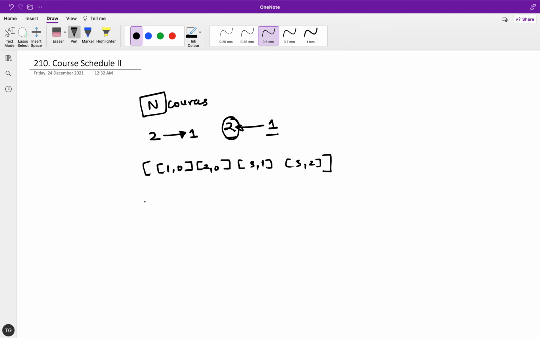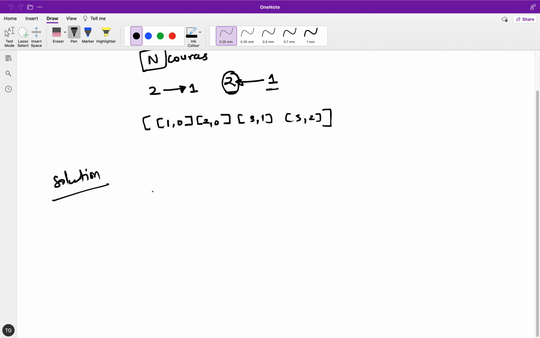So how can we solve this problem? This is the solution part. You have already guessed it. Basically this kind of input is a graph, right?